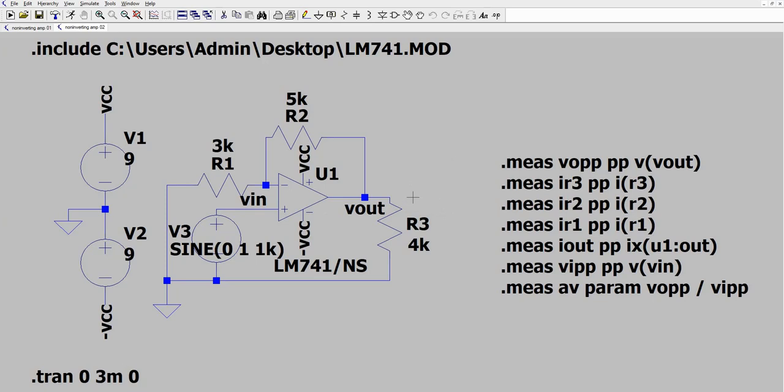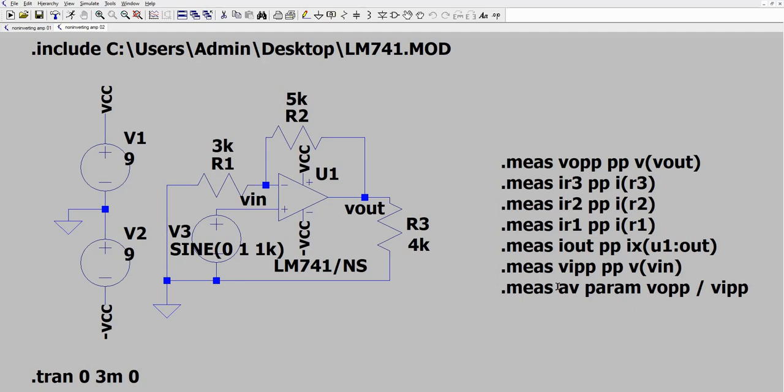For the AC analysis, same process will be done, except of course we are going to have an input of a sine wave. So let us just assume an input of 0, 1, and 1K. And I already have added that measure param VOPP divided by VIPP. So output voltage peak to peak and input voltage peak to peak.